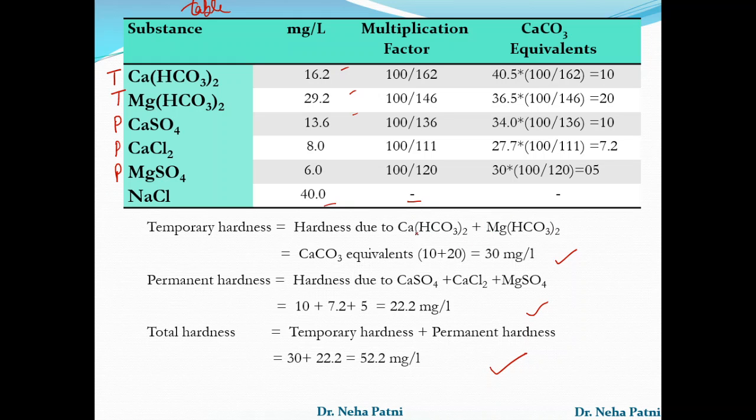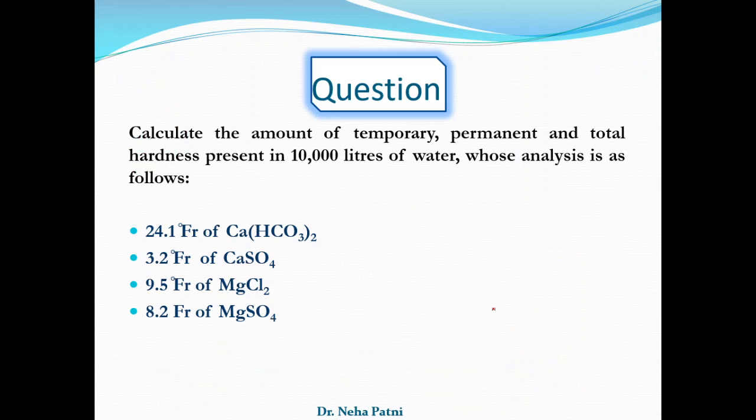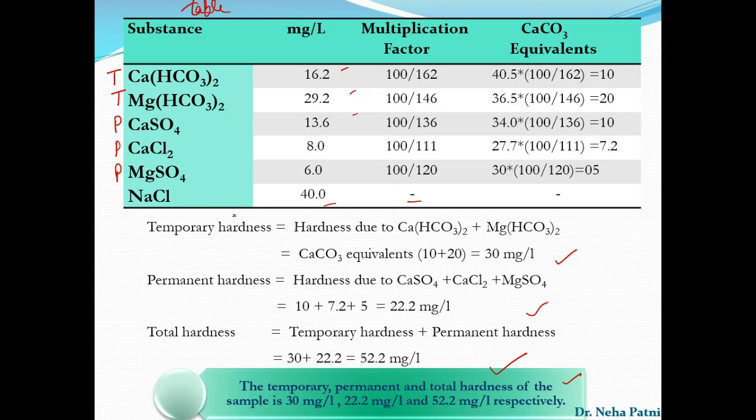Now what I want to do is, let us write the answer here. Okay, let us increase the level here only. Let's say this ion is not present. In fact, this ion is present in the sample. Now with the same funda, can you tell me, are you going to include it in temporary or permanent hardness? First of all, yes, it is a hardness, because calcium ion and magnesium ion in any form, if they are present in the water, they are going to consume the soap. So that is for sure that you don't have to neglect it, right? So obviously the multiplication factor you have to write. I hope you understand it is 40. And now if you multiply, you can get the calcium carbonate equivalent here.